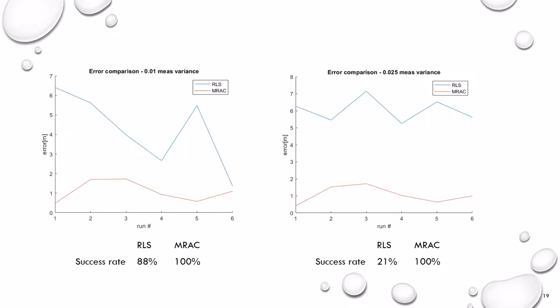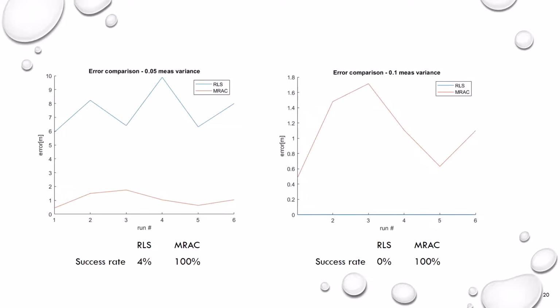measurement variance, we see that the RLS starts failing. With just a little bit of a measurement variance, we already see some failures, and as we keep increasing that, the success rate of RLS drops very fast. And finally, we get the very large values with only 4% of the tests out of 100 completing at 0.05, and then for 0.1 the RLS is not able to complete a single run. Meanwhile, MREC is capable of having a 100% completion rate, and it still has pretty similar